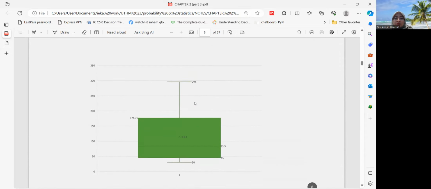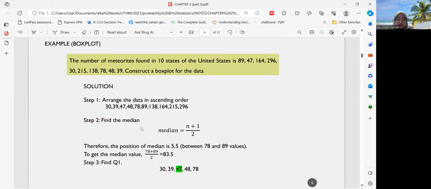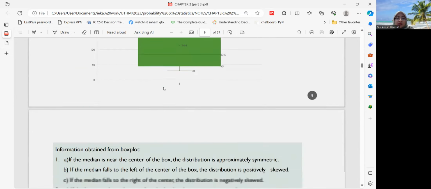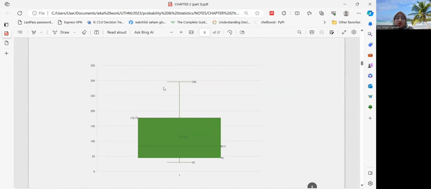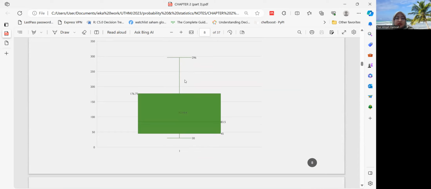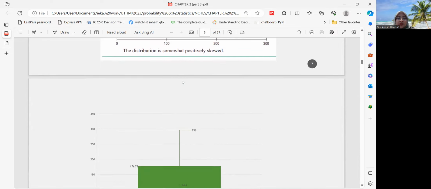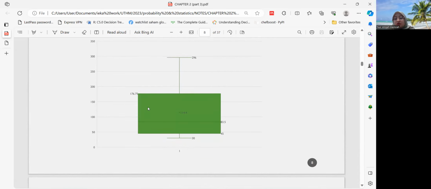If you want to explore your Microsoft Excel, you can construct this box plot using Microsoft Excel. Just key in the set of data or the set of these values, and then you can find in your Microsoft Excel the box and whiskers plot, I think. So this is how it looks when we use Microsoft Excel to find our box plot. The values are a bit different because they used formulas